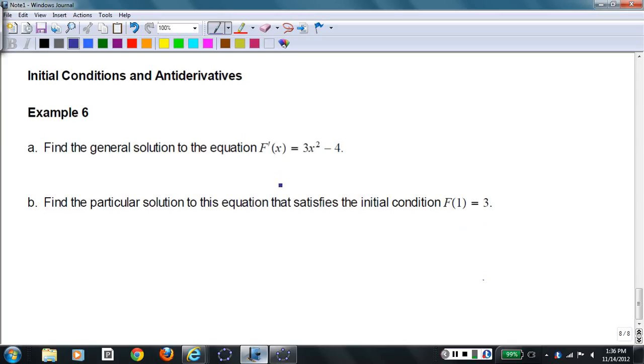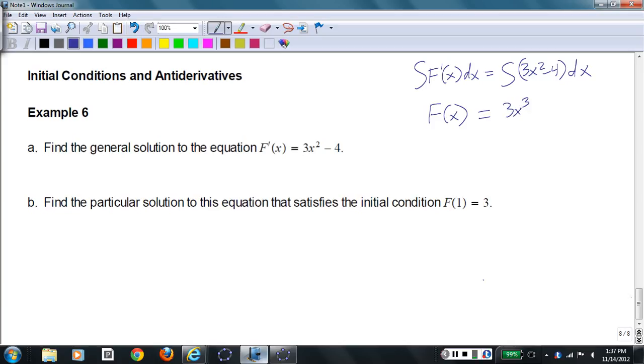So if f prime of x equals 3x squared minus 4, we could do it something like this. The integral of f prime of x dx equals the integral of 3x squared minus 4 dx. Basically integrate both sides with respect to x. When we do this, an antiderivative would be a function whose derivative is f prime. So big F of x is going to be, and I don't need constants of integration on both sides, either side would be fine, is going to be